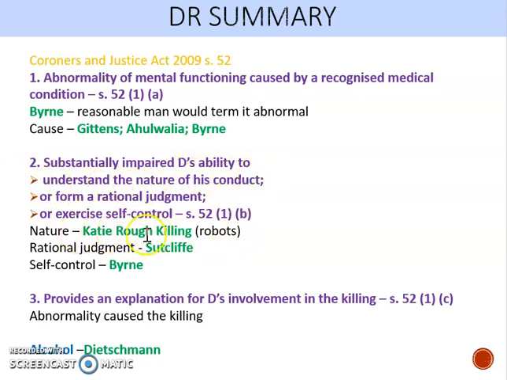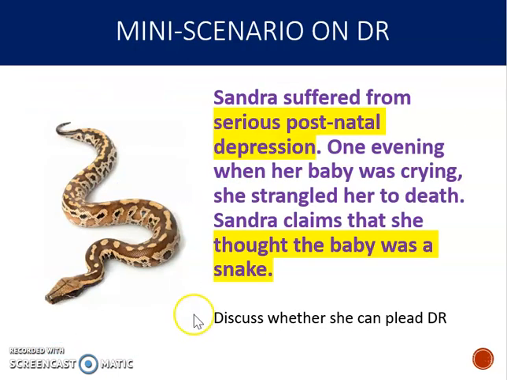It's very similar to the Katie Ruff killing, isn't it? Because if she's strangling a baby thinking it's a snake, she doesn't understand the nature of her conduct. And when you think about that situation, does postnatal depression causing her to think that she's strangling a snake when it's a baby, does that explain the killing? Well, yeah, it does. So on the face of it then, it would seem that Sandra is going to be able to have a defence